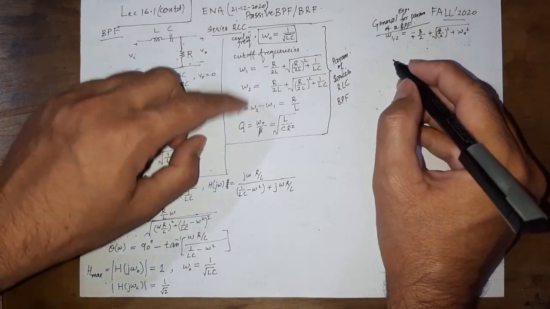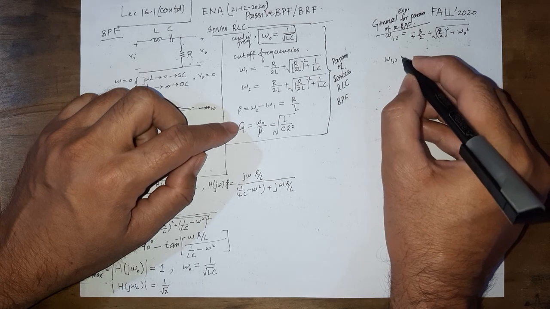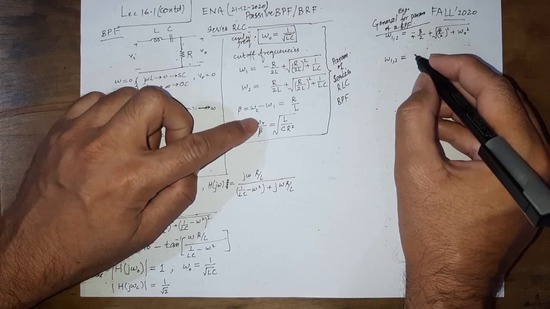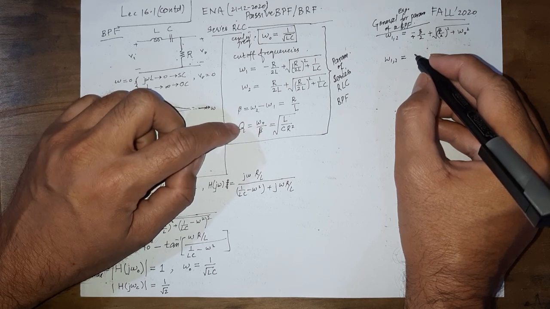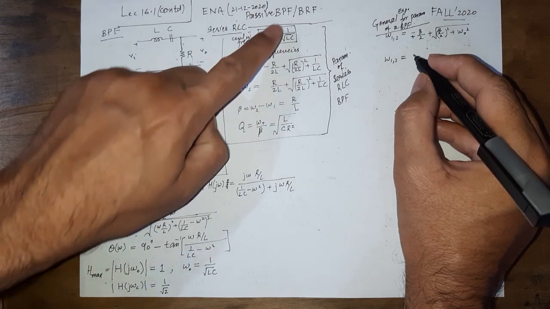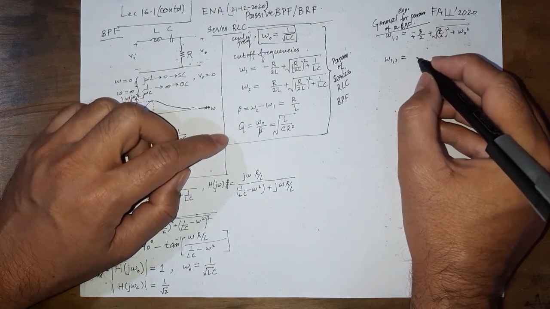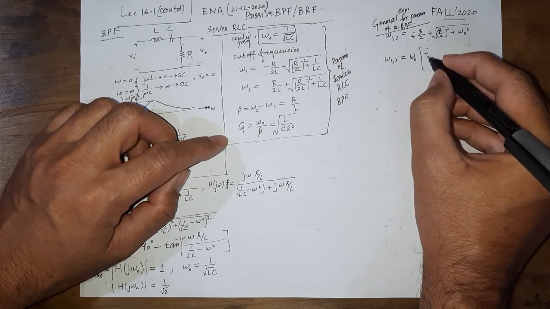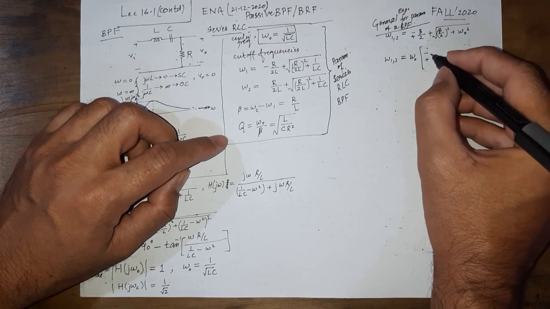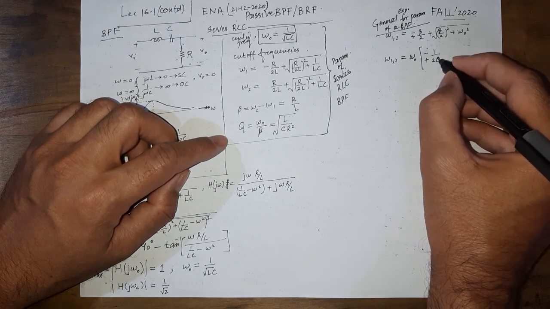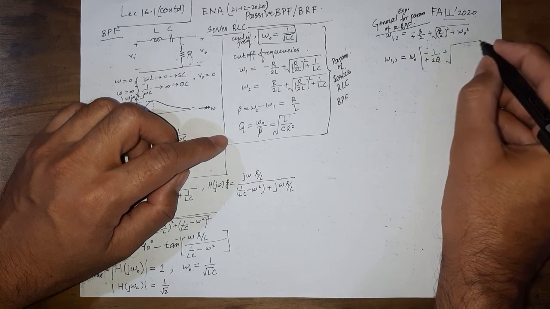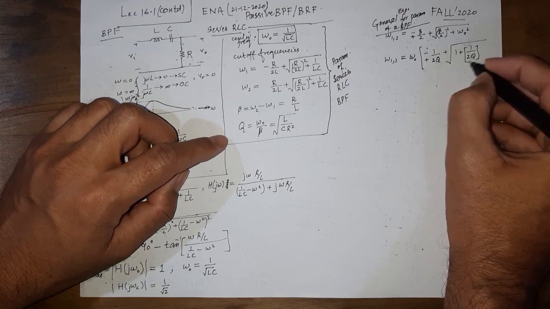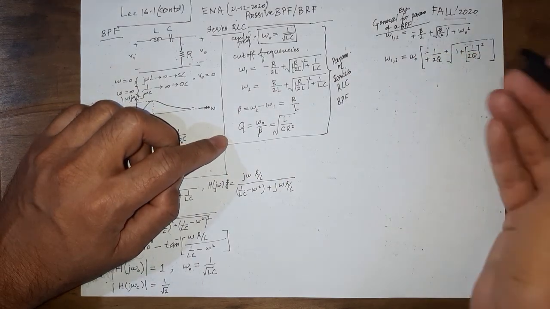And similarly, with this knowledge, there is another expression that you can easily calculate and see how we arrive at that, knowing that Q is equal to omega naught by beta, beta is equal to R by L, and omega naught is equal to 1 over the square root of LC. We can also work this out to be omega 1, 2 equal to omega naught, the center frequency, multiplied by minus for omega 1, plus for omega 2, 1 over 2Q plus the square root of 1 plus (1 over 2Q) squared.